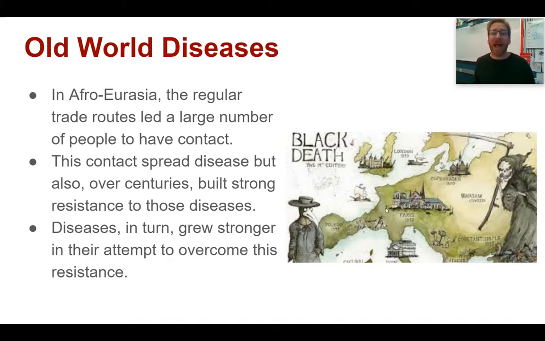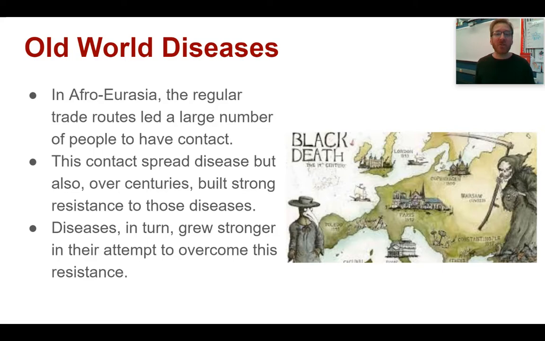Okay, this is happening in reverse as well. And disease is constantly moving through these three communities. And over the centuries, the survivors of these diseases survive because they have a resistance to it, and they pass that resistance down to their own children. And this creates a sort of arms race between the diseases and the people, where the people who survive are stronger and have resistance. The disease that still manages to multiply in these people multiplies because it is a stronger or different variant of that disease, which makes both the people more resistant and the diseases more potent.